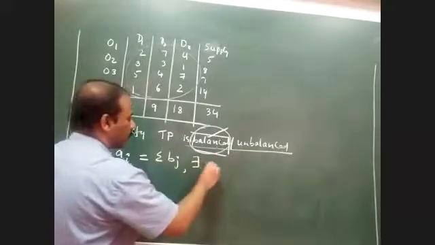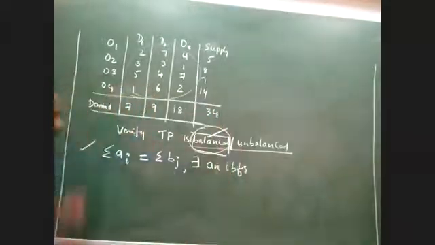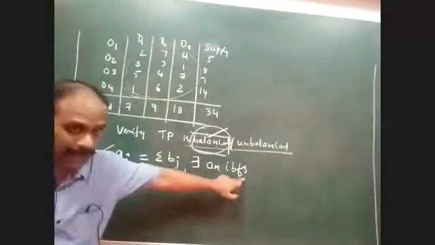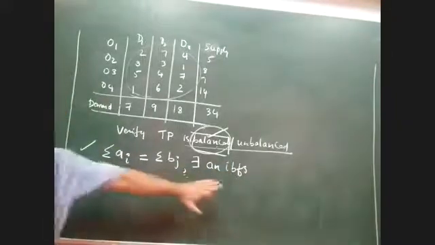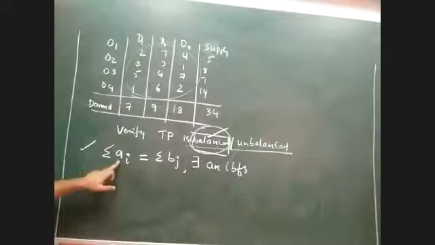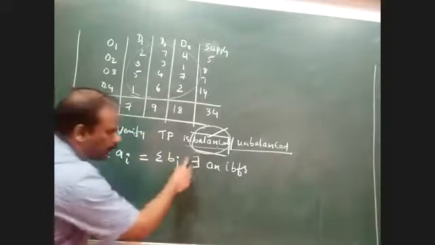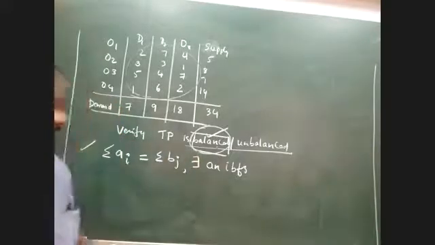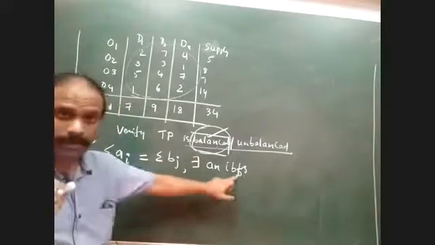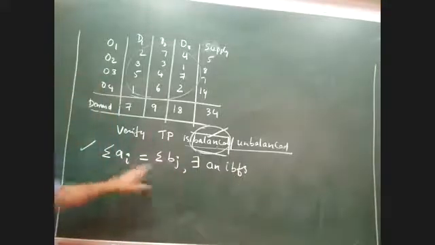There exists an initial basic feasible solution. This is what I'm supposed to write before I start solving the problem. Is everybody clear with this step now? A refers to the total of the supply and B refers to the total of demand, and this is a simple check. An initial basic feasible solution is a possibility only if this condition is satisfied.